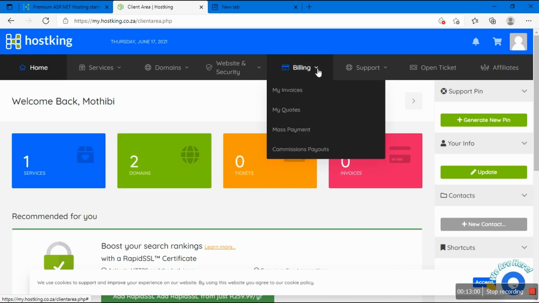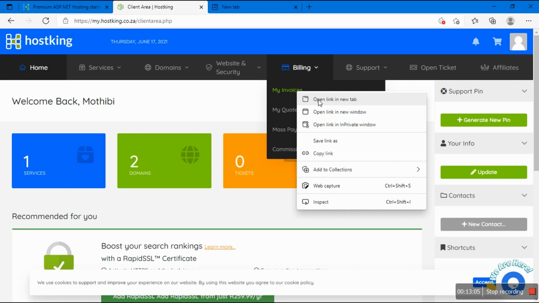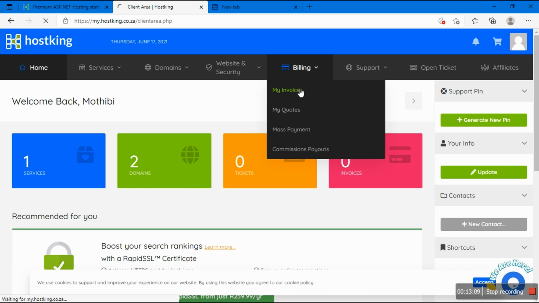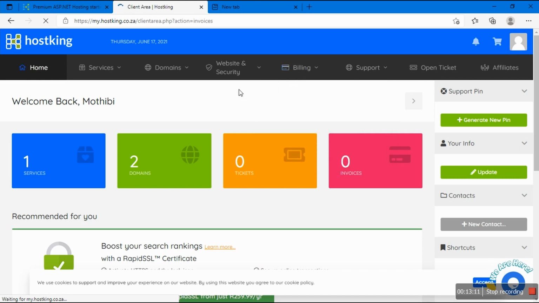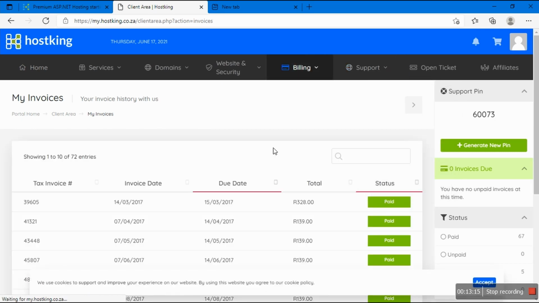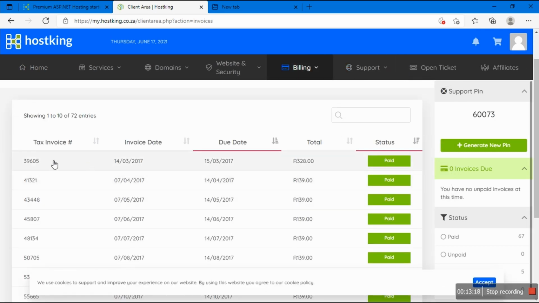And yeah, when it comes to my invoice, to show you how long I've been with this company, and I'm going to come to my support tickets. I've been fighting these people. So this is when I created this one, when I paid a huge amount on the 15th of March 2017.